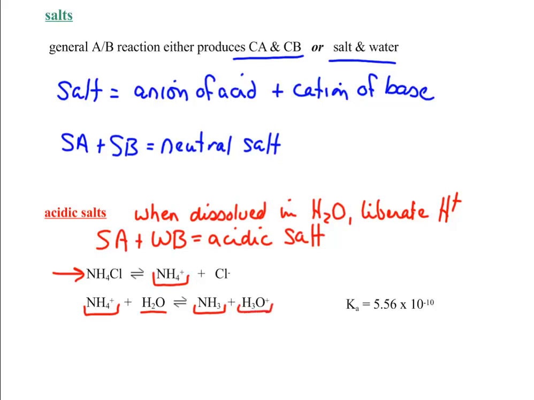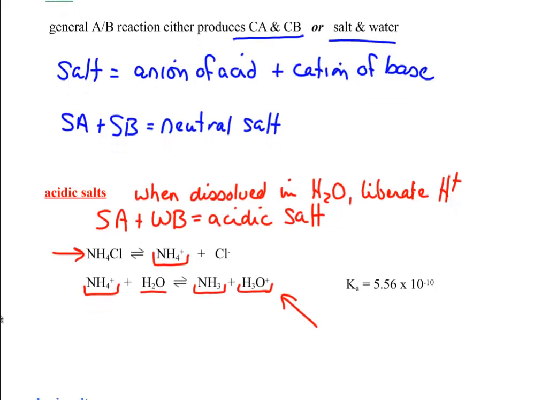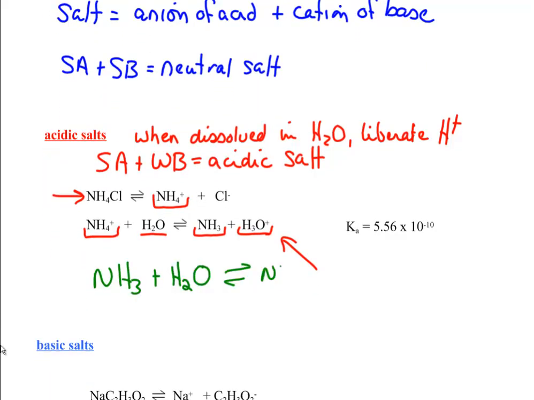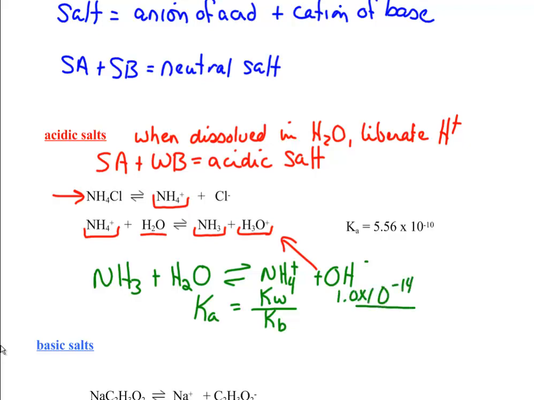The Ka for this reaction is actually Kw over Kb, because this reaction is very similar to the dissociation of ammonia. I have ammonia plus water to produce ammonium ions plus hydroxide. It turns out that Ka is equal to Kw divided by Kb. So to get the Ka, I take 1.0 times 10 to the negative 14 divided by the Kb of ammonia, which we saw is 1.8 times 10 to the negative 5. And when I do that, I get this Ka